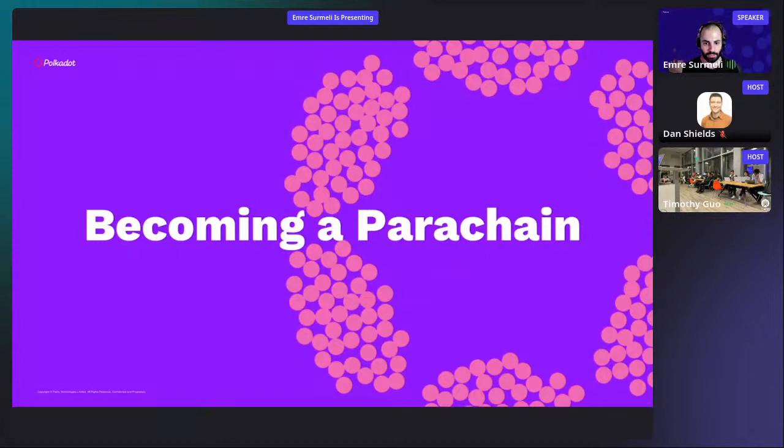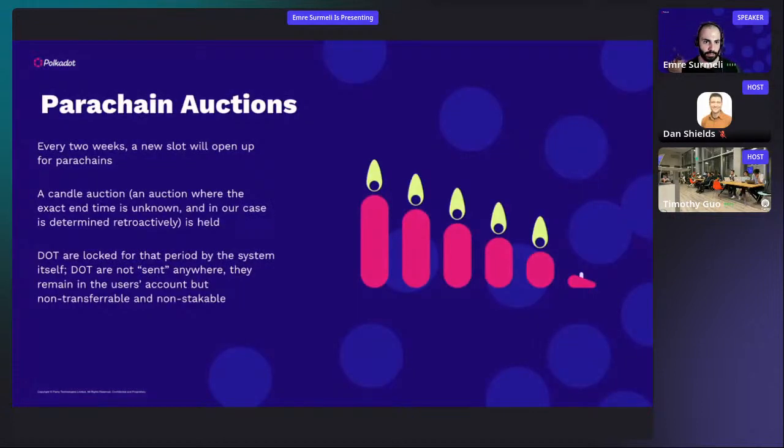So interestingly, anybody can become a parachain, but first they have to signal that they deserve to be a parachain. They need to have a good application and then a good community backing them. And what happens is the parachain slots are auctioned off to the highest bidding parachains. There's this idea of a candle auction that's used,